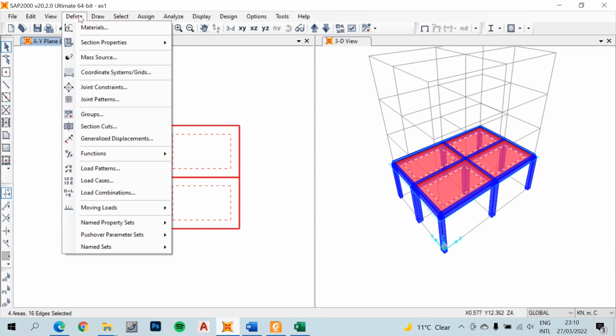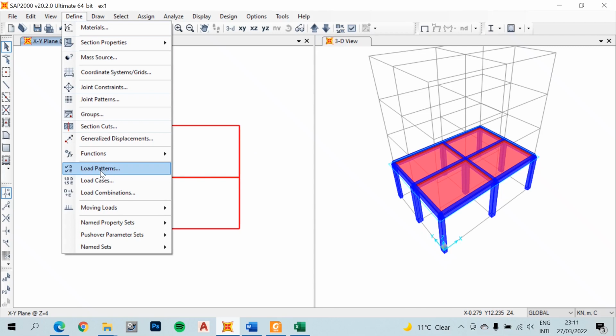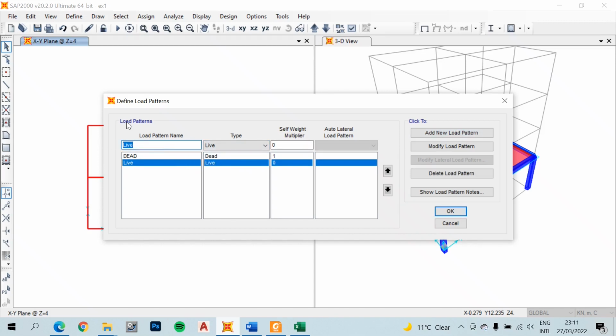But before I assign the loads, I think I need to first define what kind of loads I'm going to use by using the load pattern property. So the dead load is already defined. Let me go ahead and define also the live load. I call it live, and the self weight multiplier is 0 for live. I click add new, and then we do it for